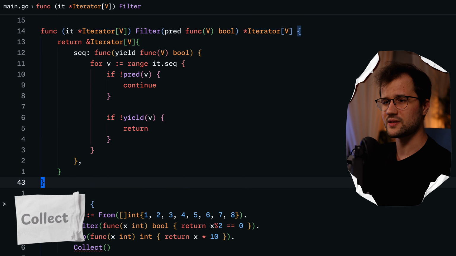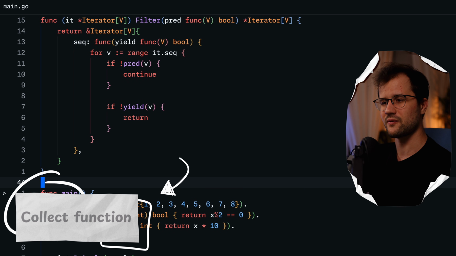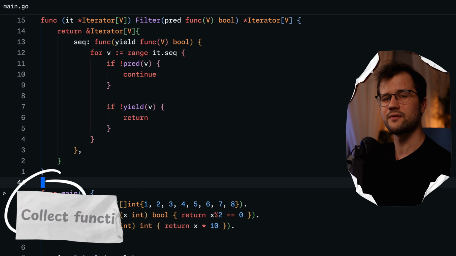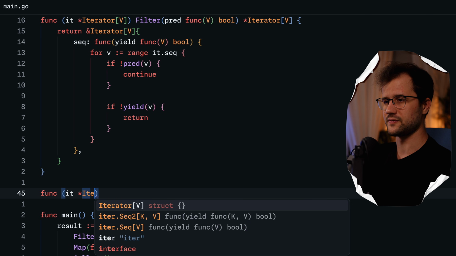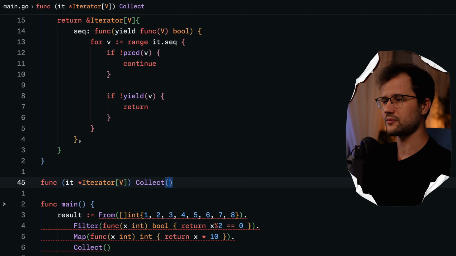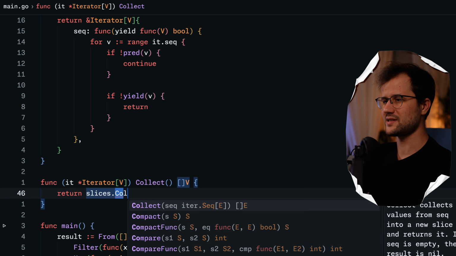And all that's missing is just the collect function and the ForEach function. And both of these functions are really straightforward. So let's just define our collect function first. So we're going to say collect right here, and it just returns a slice of the generic parameter v. And then we're going to call slices.collect